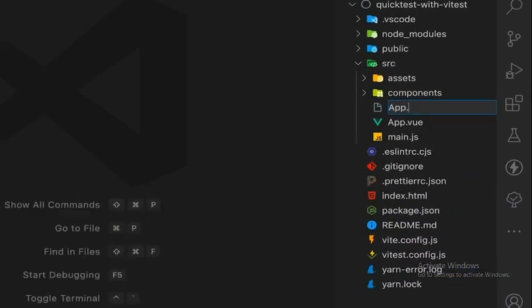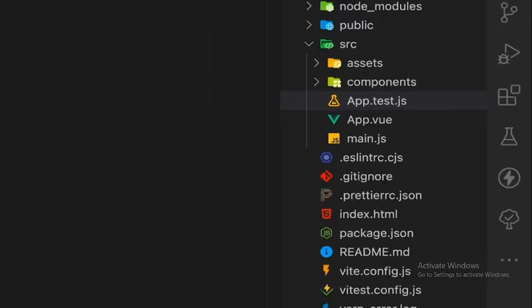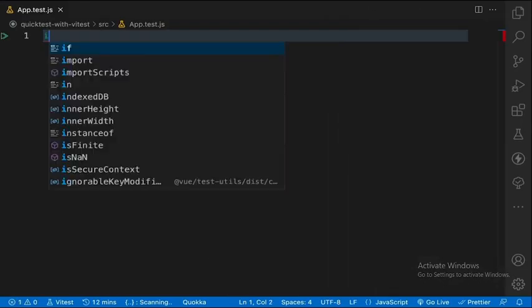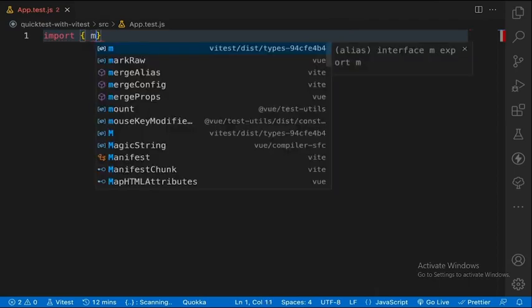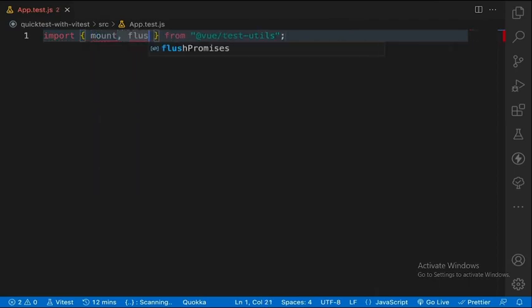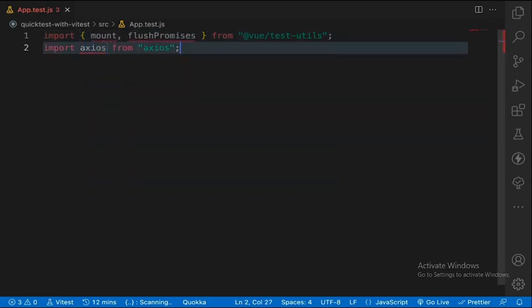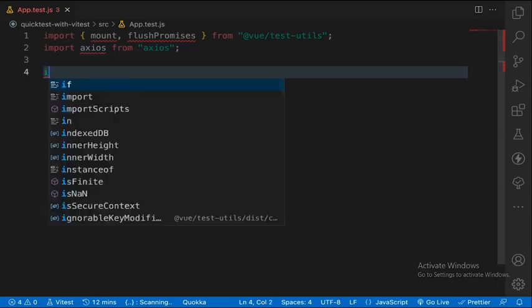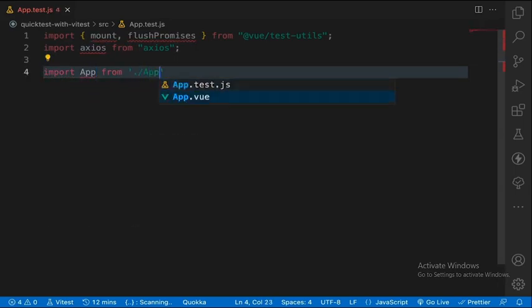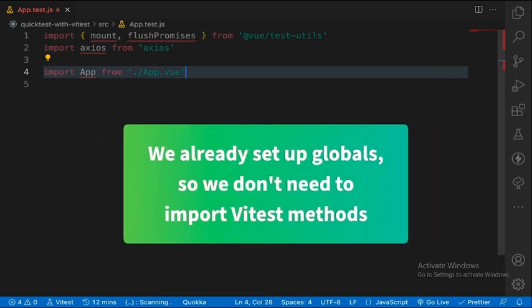Let's create an app.test.js file in our project's root directory. We'll import some important functions from Vitest utils, such as mount and flushPromises. Next, we will import Axios, which will be responsible for our API calls. Then, we'll import our app component into our code. Since we already set up globals in our configuration file in the previous lesson, we won't need to import Vitest